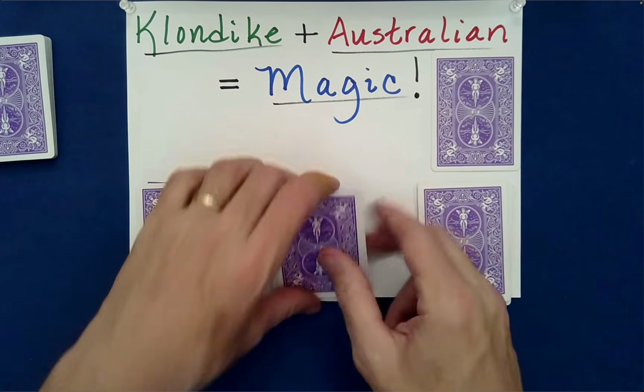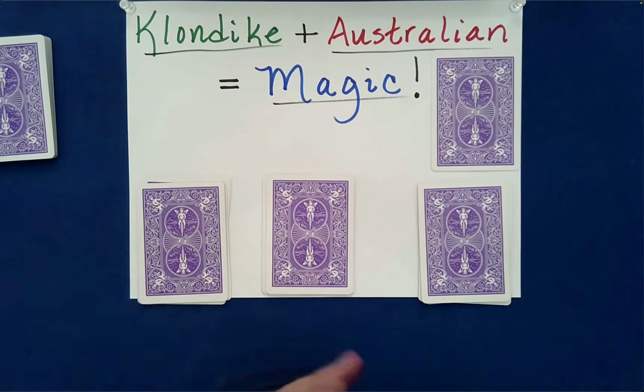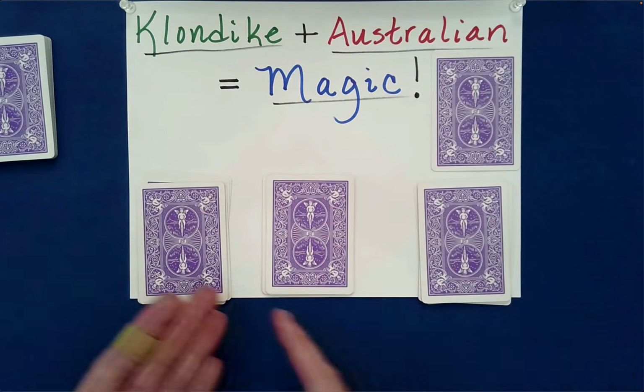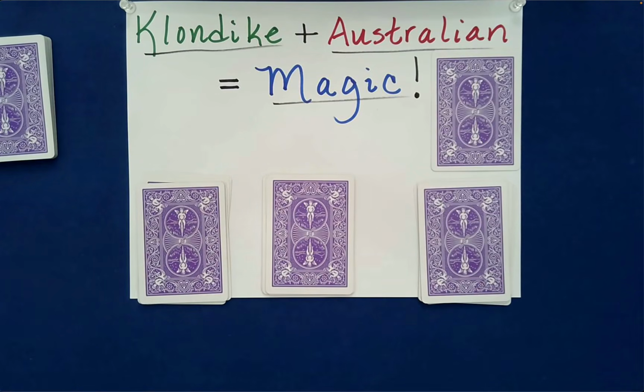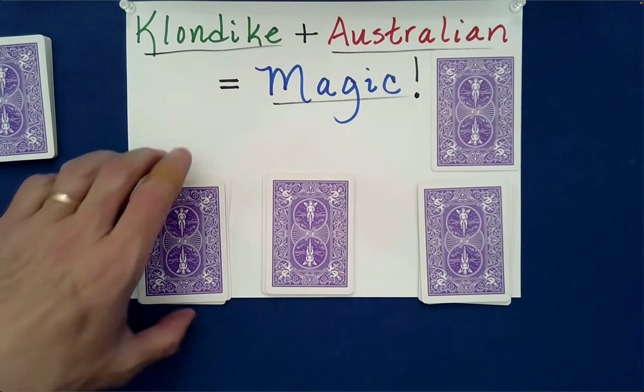And of course, it'll leave the 8 at the bottom. And the same thing with the other ones. They may choose to leave one of these alone, which is just fine. Now, once you've mixed the cards according to the request of the spectator, then you can say, well,